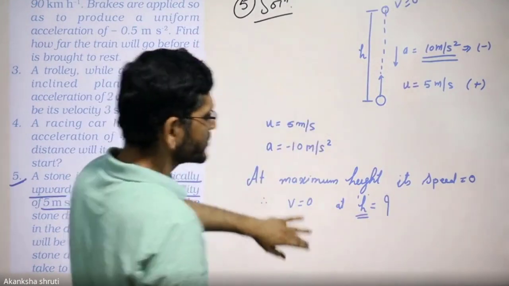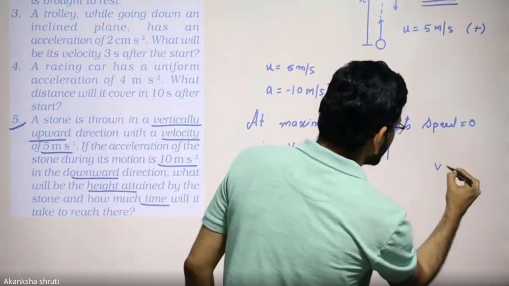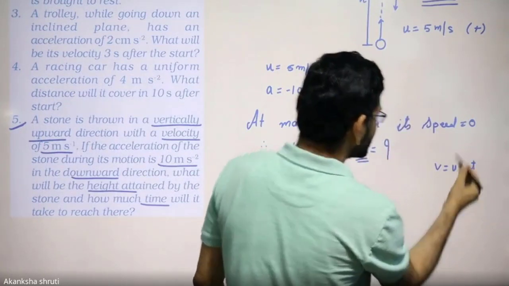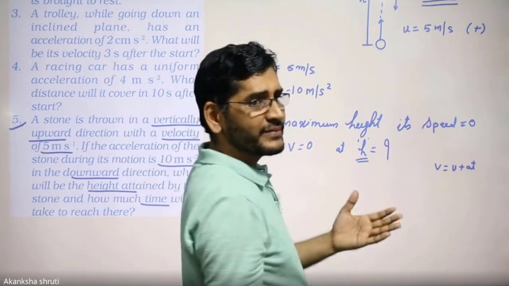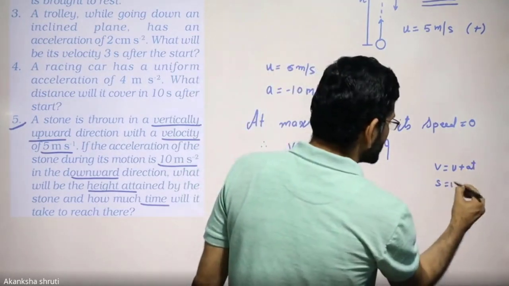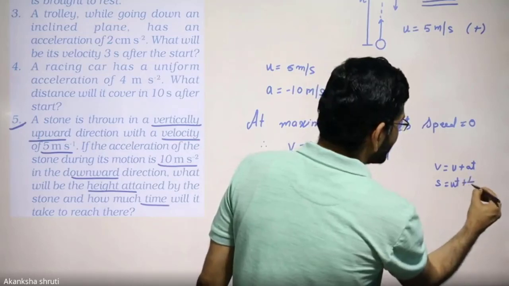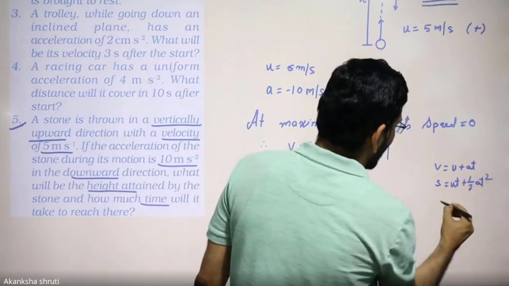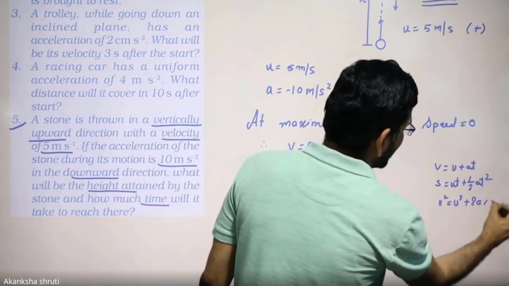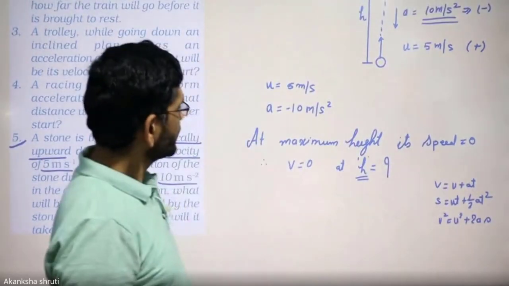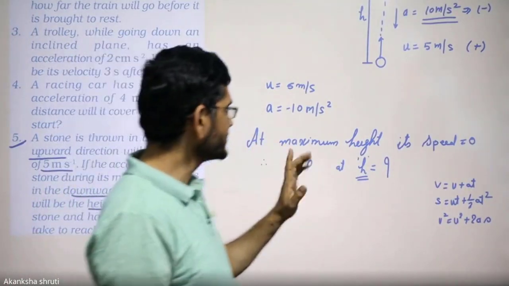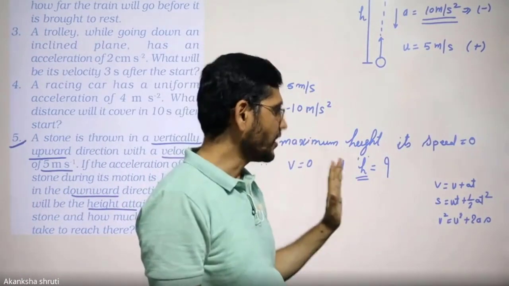Okay, now so recall the formula. v is u plus at, but this is a vertical motion. We may use the g also, or you may use this symbol also. s is equal to ut plus half at square. Another is v square is equal to u square plus 2as. Now observe which formula is applicable. u, a, v and h is given or to be calculated.